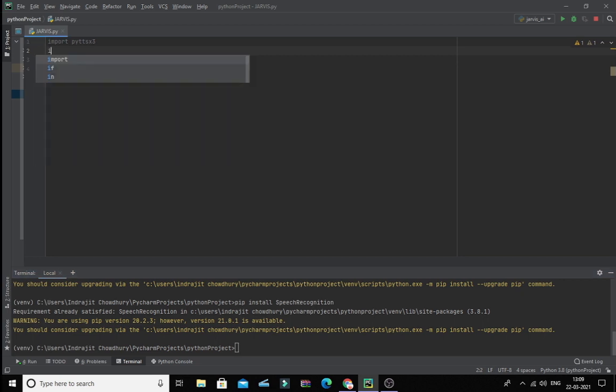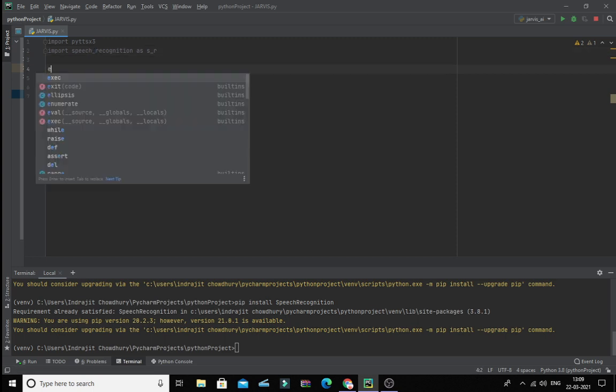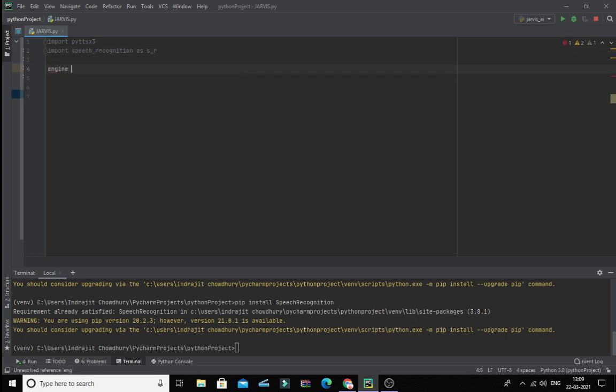Now I am going to import speech recognition. For that, I am going to type import speech_recognition as sr. I am importing the whole package as sr. After I am done with that, I am going to define a variable known as engine, which will have some features of pyttsx3, and I will also write the driver name within the parenthesis. The driver name should be sapi5.